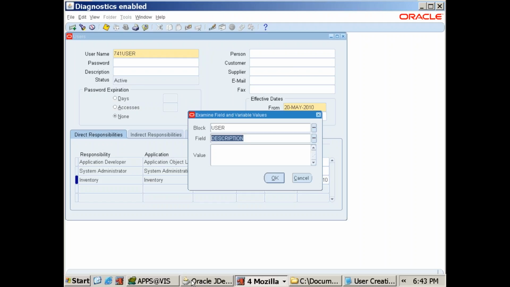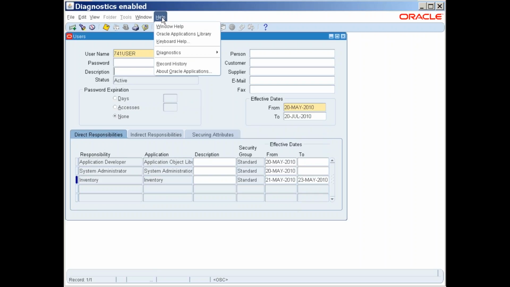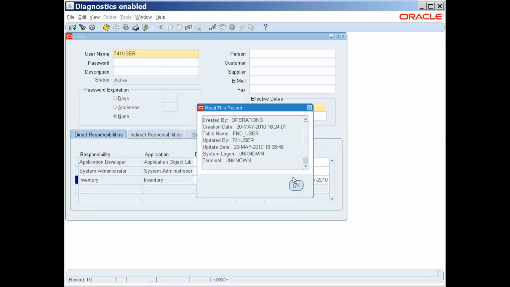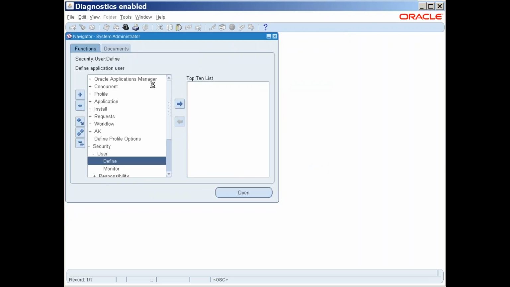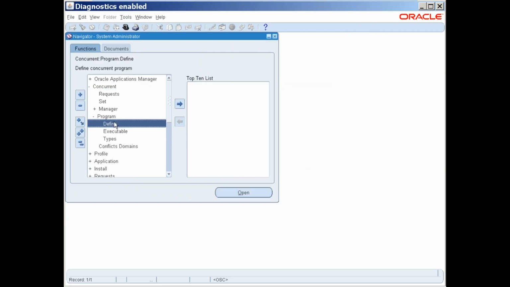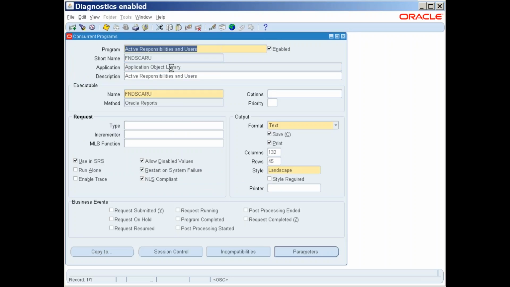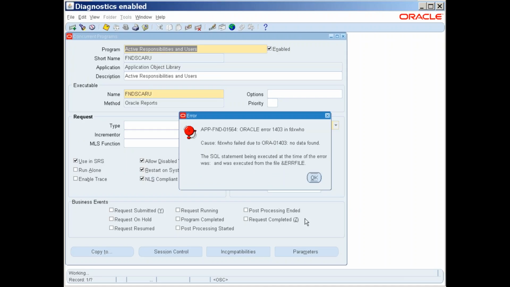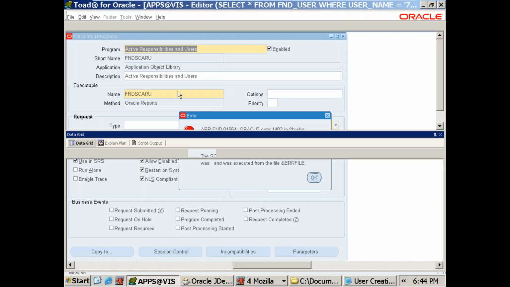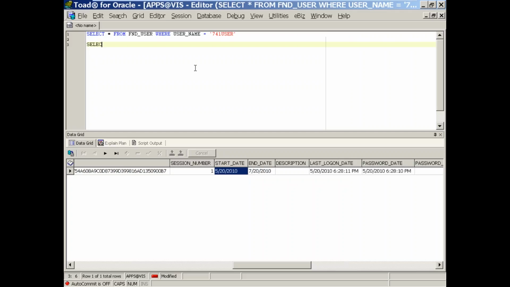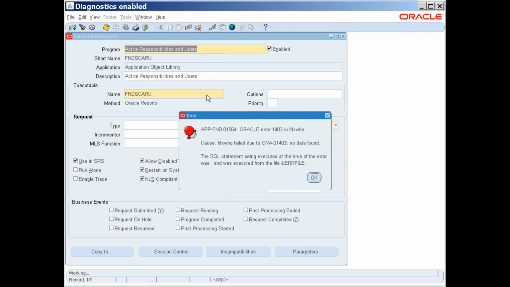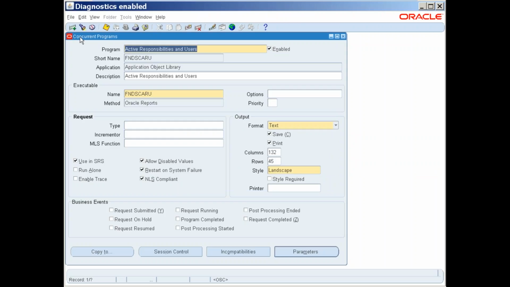Okay. Sometimes you will get an error message when you try to get the table name. For example, let's open another form, concurrent program define. If you go to help menu, record history, it shows an error message like this. Then what is the alternative? The alternative is to write a select statement. Select star from tab where table_name like, which table you are trying to search? Concurrent programs, right? Similar related, you have to search